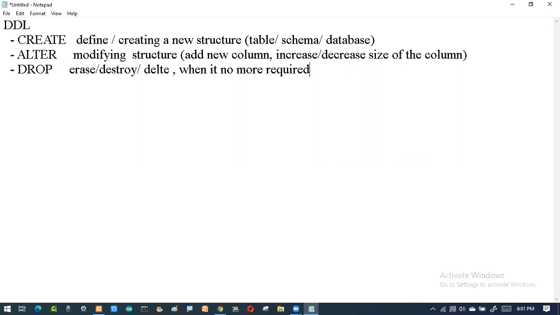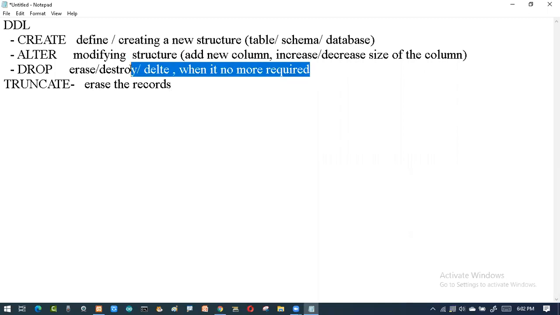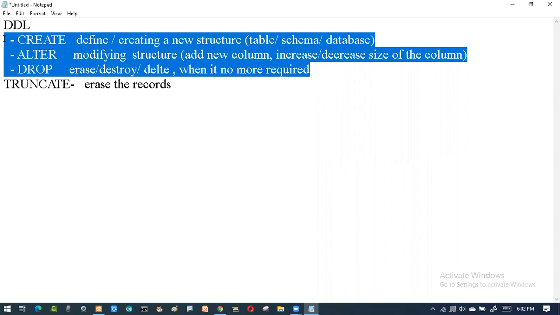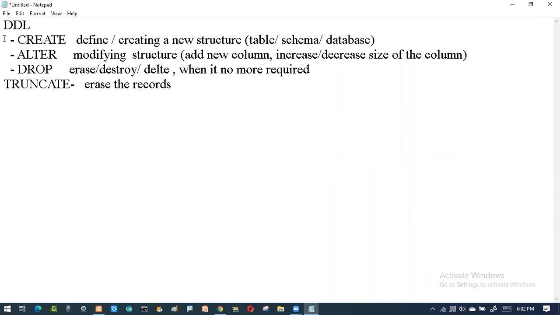And in that, one more command is left out, the truncate command. Right now it is not required. When the topic comes, I will come back to it. One more DDL command is truncate. I have given the definition of this, but I have not shown it live. If you want to erase the content, erase the records, then I will use the truncate command. So we have seen create, alter, and drop. Regarding truncate, once we insert the records, we will experiment on this. So I have kept a halt for a while.